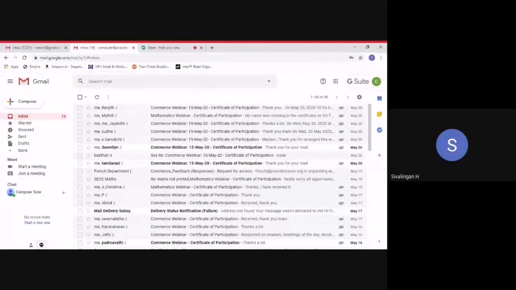Yes, so the 7 departments will each have your own ID. For example, let us see the history department. You will have history at providencecnr.org. So this is your user ID, and the password will be given to you. So like that, 7 departments will have an ID, and the 8th one is for the languages, because in this G Suite education version, we can create only 10 accounts.